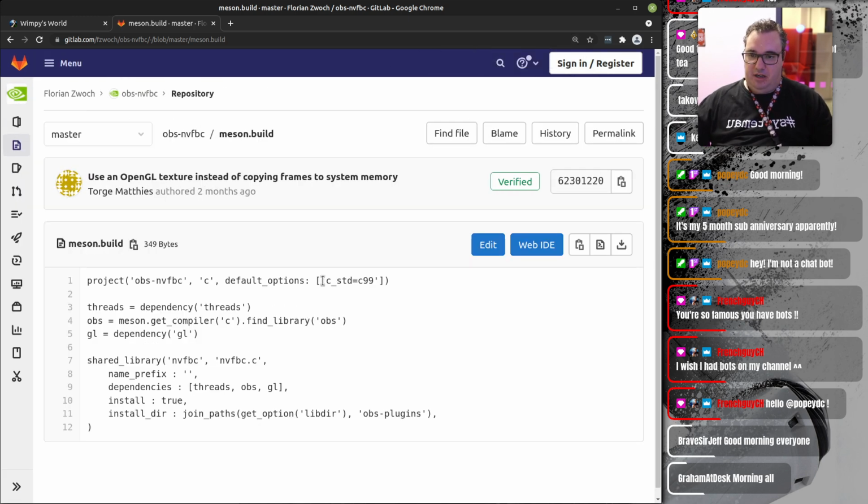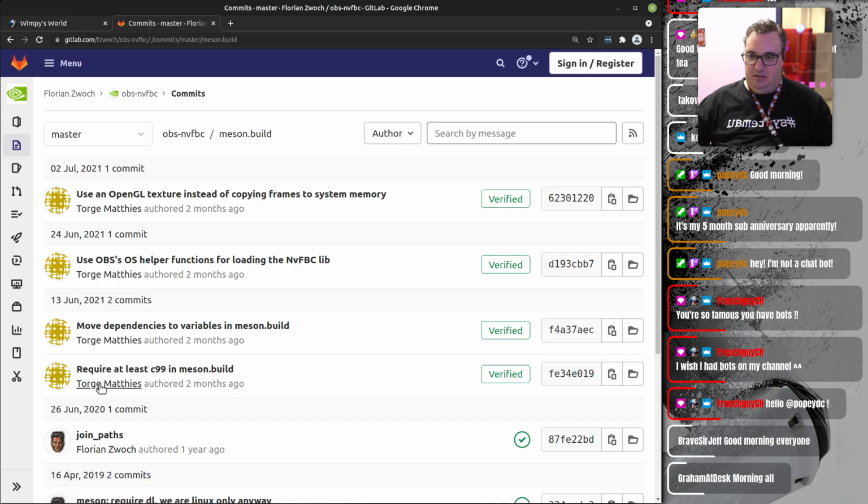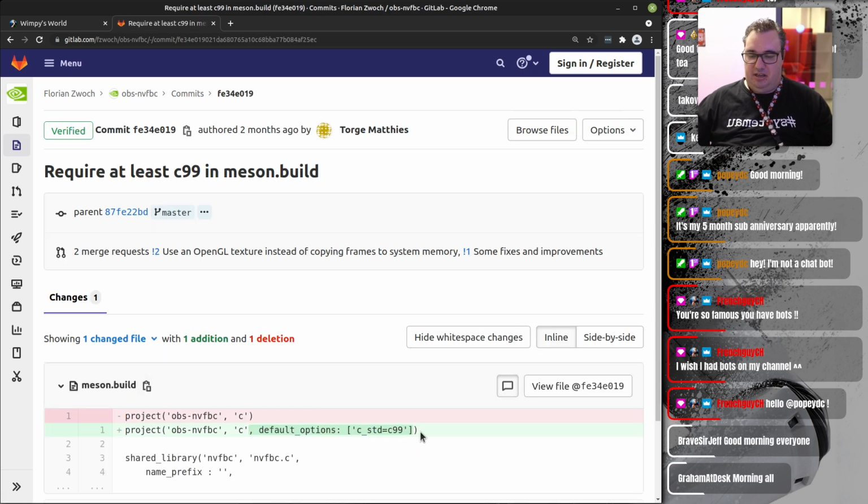Mason build file. It sets the C standard to C99, and I looked in the history of this file, and this was added a couple of months ago in this commit. So it says require at least C99. Now the problem with that is it instructs the compiler to ignore certain feature flags from the language,